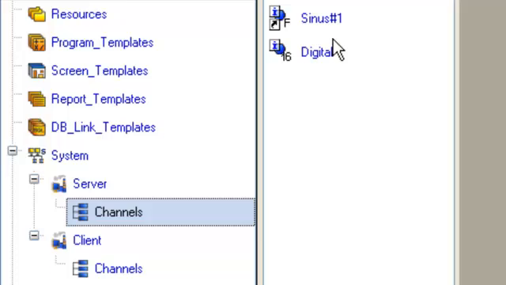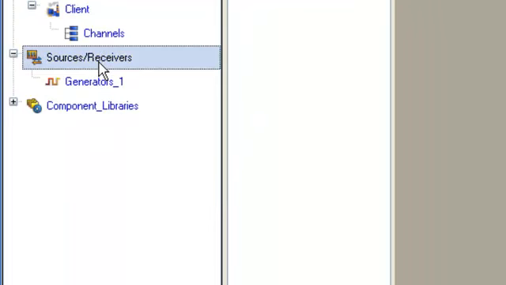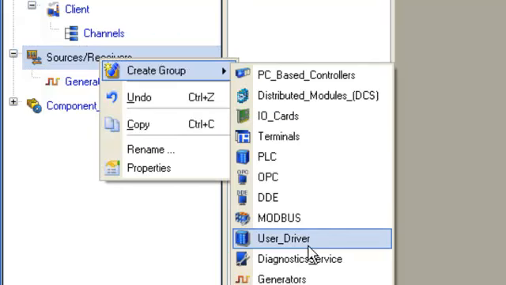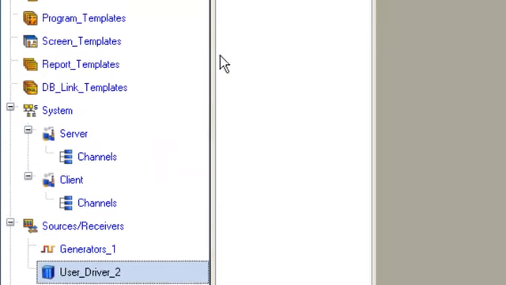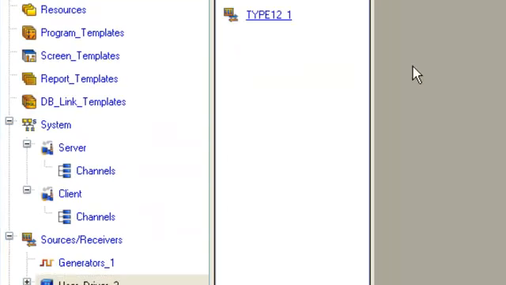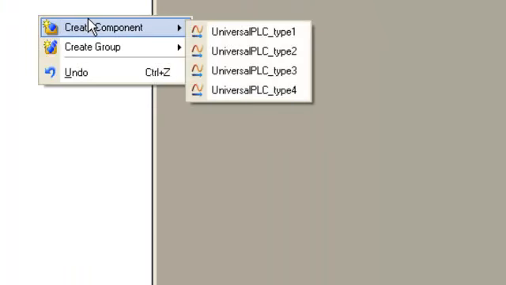Well, as we need to use the IEC 101 FOSS protocol, we move into the layer Sources Receivers and create a new group Users Drivers. In this group, we create a new subgroup, type 12. And here create a new component, Universal PLC type 3. Let's rename the created component immediately to link, as it will carry out service functions while communicating with the PLC. Open it for editing